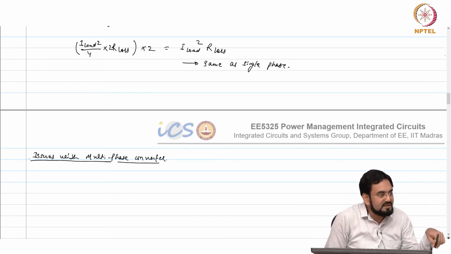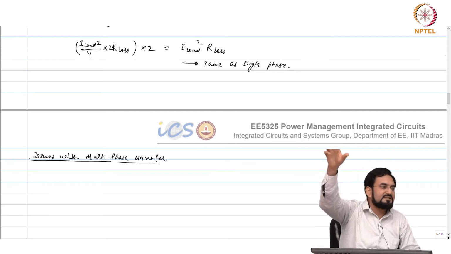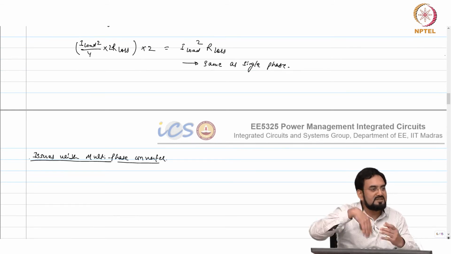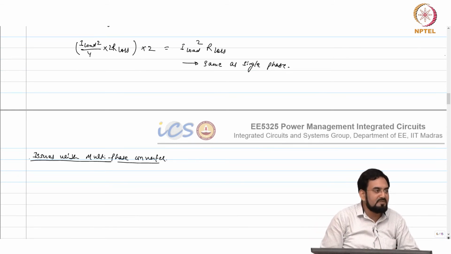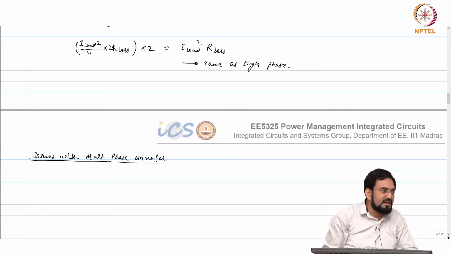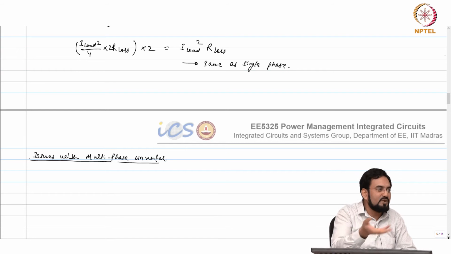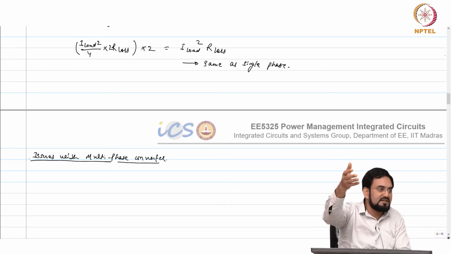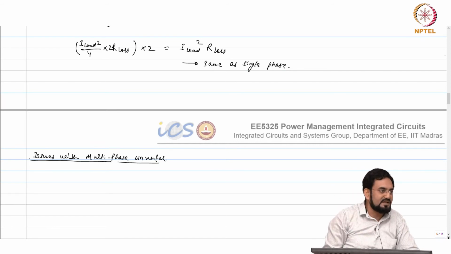I fail to understand. Let's say one DCR is higher, other is lower. If the current is not equally split, then why is that a problem? If R loss is more, I want to reduce the current, so automatically that will do that. So it's an advantage actually. If there is an R DCR mismatch, then the inductor which has a lesser R DCR will carry more current, and the other will carry less.